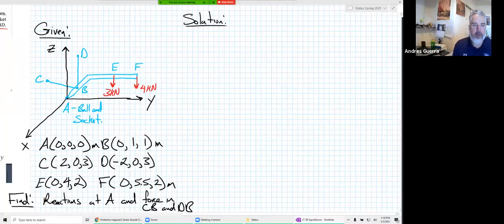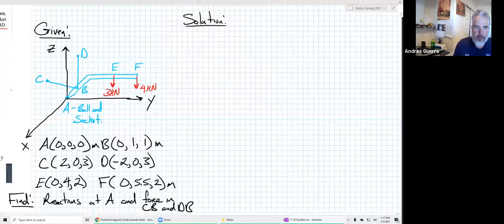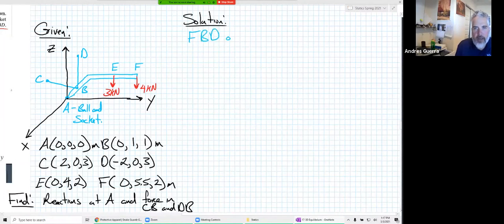Now, in identifying our rigid objects, this one, and you'll see a lot of the homework problems that I showed you, they all really only had one rigid object, right? This one technically has 3, right? We have the cable from B to C. We have the cable from B to D. We have the pipe assembly, A, B, E to F. But there's really only one rigid object for this problem, and that was going to be that. So we'll do an FBD of this A, B, E